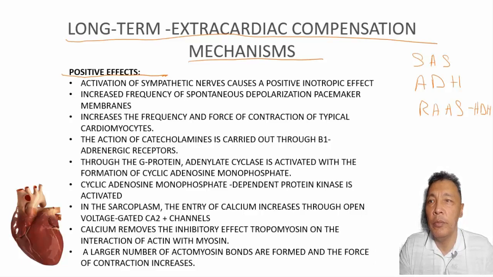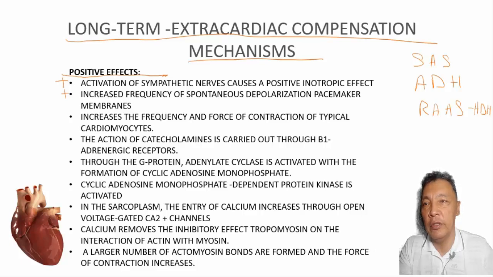Positive effects: partial temporary compensation of the minute volume of blood and systemic hemodynamics, minimization of hypoxia and hypoxic organ dysfunction, improvement of the quality of life. The main mechanisms of sympathoadrenal stimulation are as follows: activation of sympathetic nerves causes a positive inotropic effect, increased frequency of spontaneous depolarization of pacemaker membranes, facilitated impulse conduction of Purkinje fibers, and increase in the frequency and force of contraction of typical cardiomyocytes. The actions of catecholamines are carried out